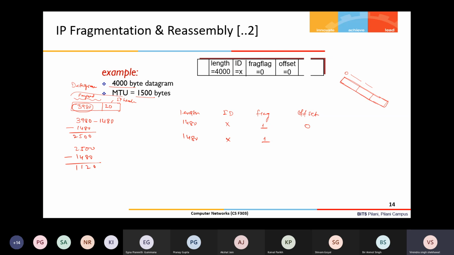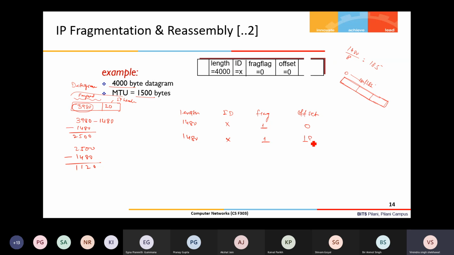What will be the offset? I said that the offset value is specified in units of 8 byte chunks. So up to 1480 divided by 8, it is 185. So 0 to 184 is the first fragment offset value, and from 185 onwards the second fragment is starting.